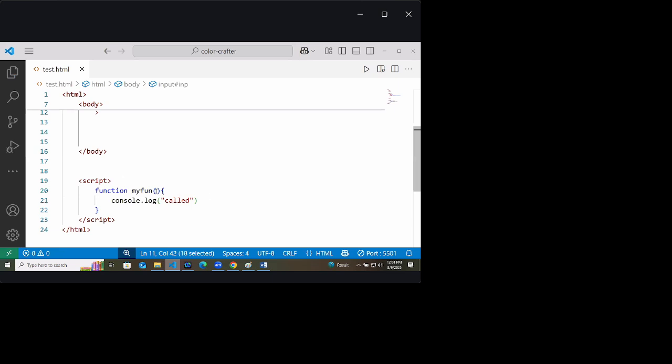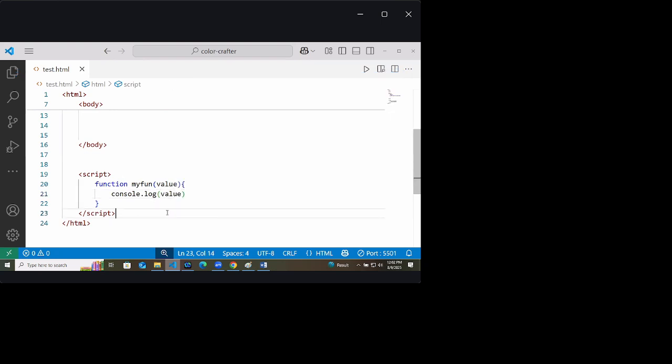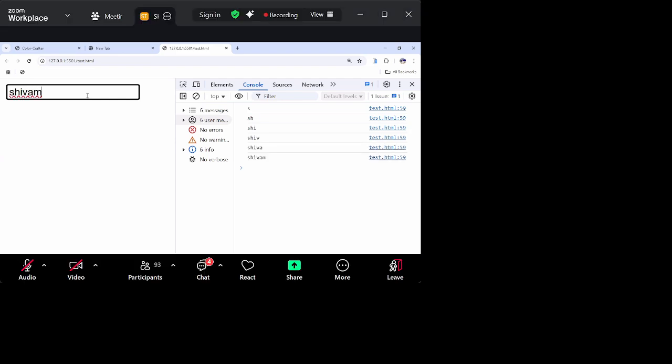And here this function is accepting one value and it is just printing this value to the console. Simple thing. I will type here S H I V A M. What you are seeing is that whatever I am typing in the input box is going into the memory. That is the logic actually here.